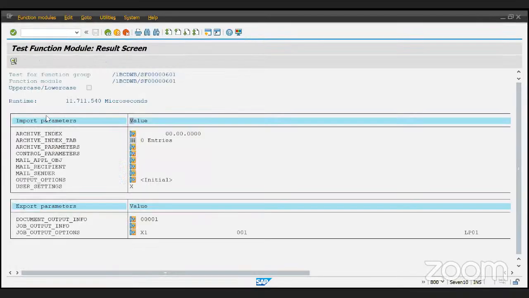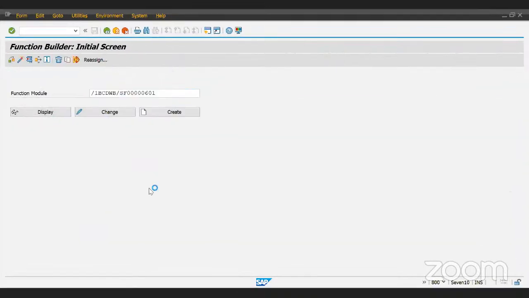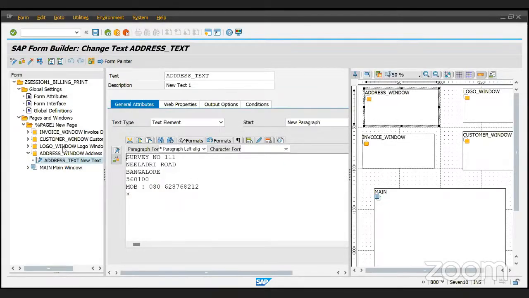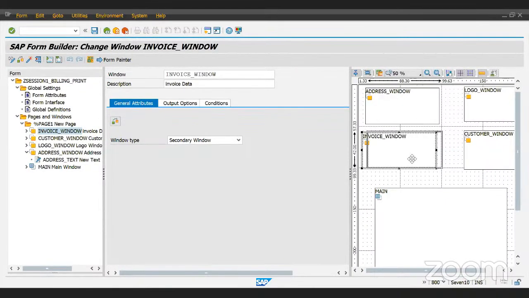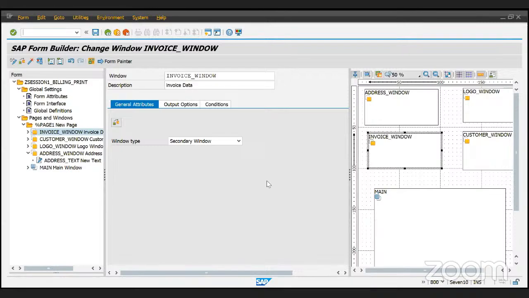Now I want to print the next window. So what all windows we had: the invoices and the logo. Now I want to print some invoice number, or like this invoice. So how will you print the invoice number if you don't have the invoice number? So